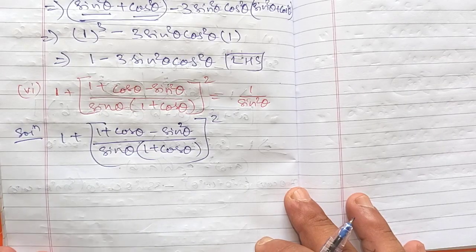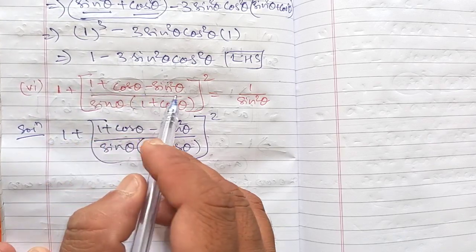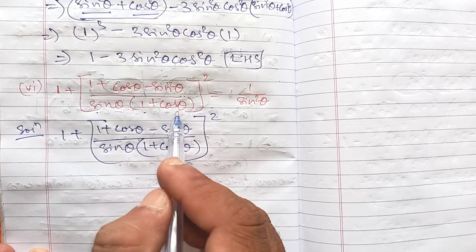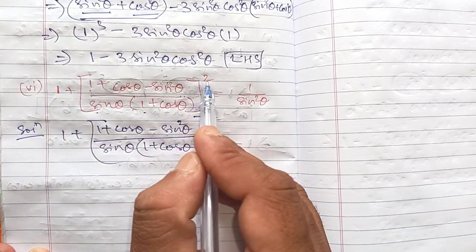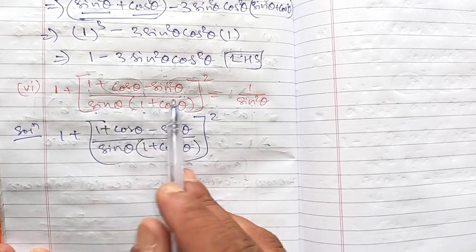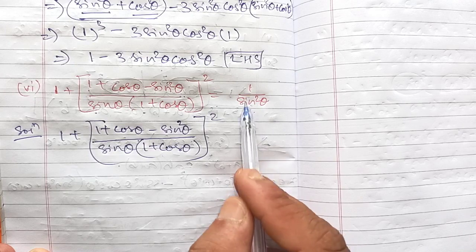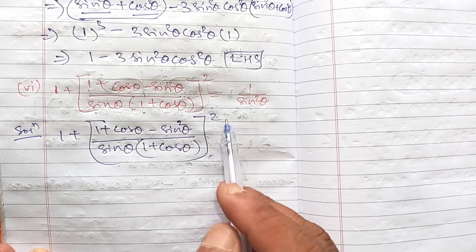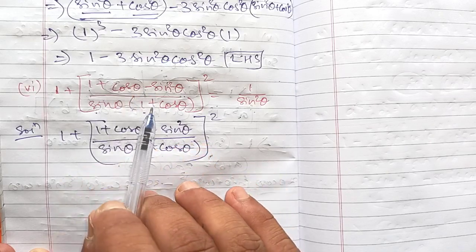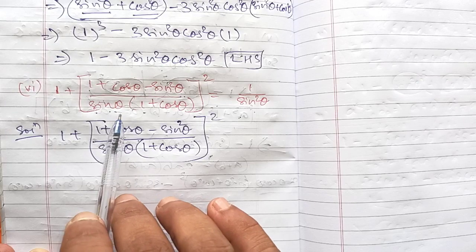Okay. Now sixth bit. In sixth bit the question is given: 1 plus cos theta minus sin square theta, whole divided by sin theta into 1 plus cos theta total bracket, whole square equals to 1 by sin square theta. Okay. As we can see, so many terms are there in LHS, but only 1 by sin square theta we have to get in RHS. So what we have to do, you solve in whatever ways, but you remove all the terms, only sin theta will be kept in the denominator.